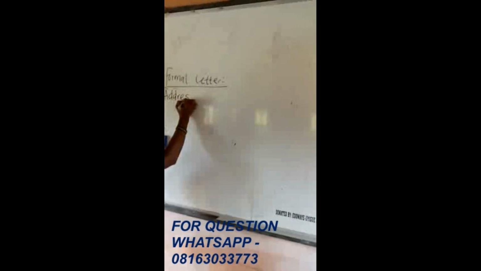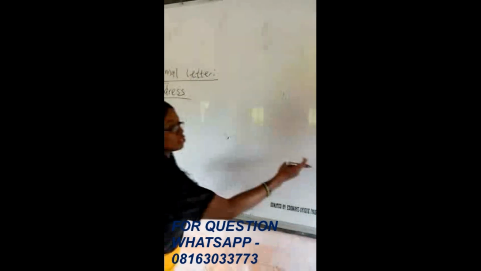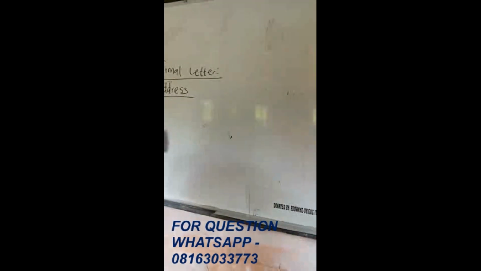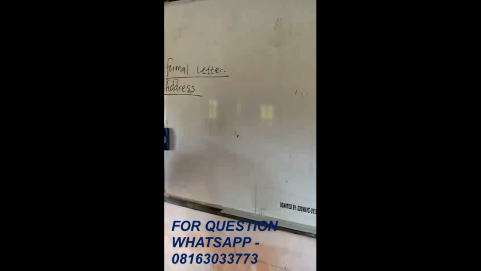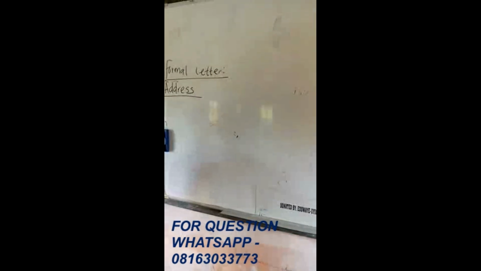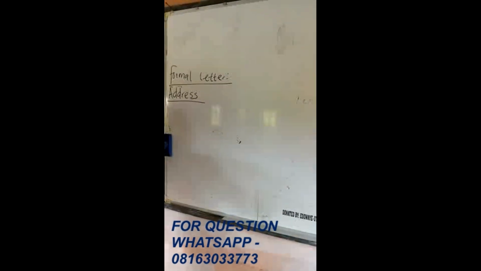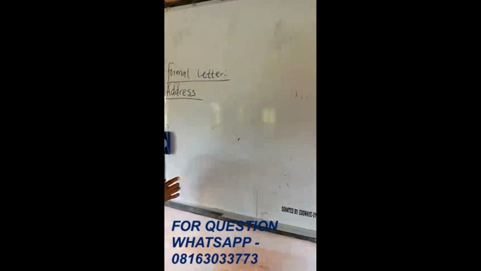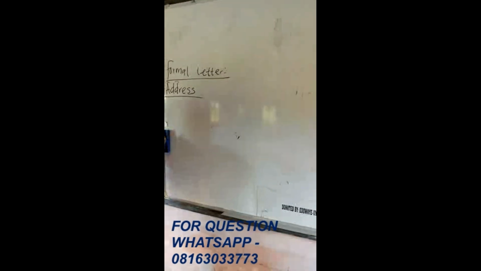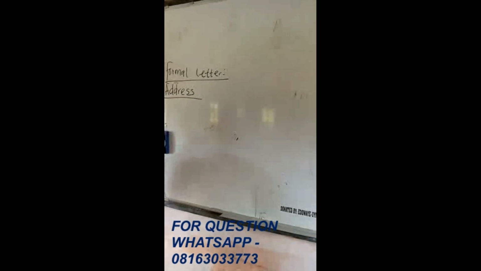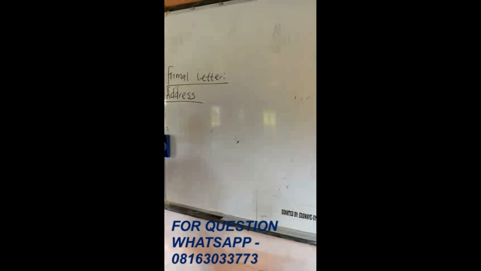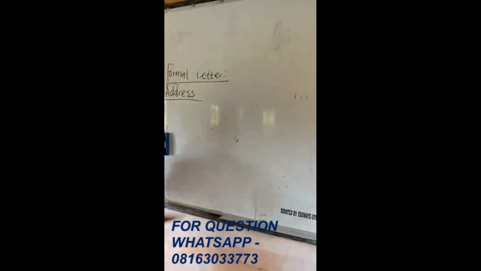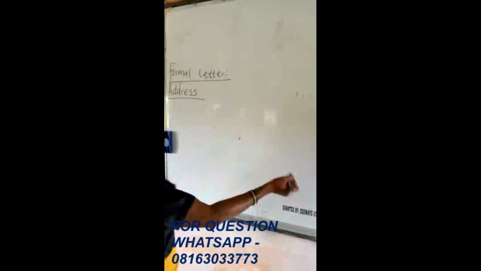The address, very, very important. It has two addresses, which is the writer's address and the destination with which the letter is going. The writer's address, the person writing the letter, then the person to receive the letter, that is the destination the letter is going to, will be written at the left-hand side of your book. For example, they ask you to write a letter to your local government chairman, telling him about the bad roads in your environment or in your locality. You write your house address. Our house address, for example, is